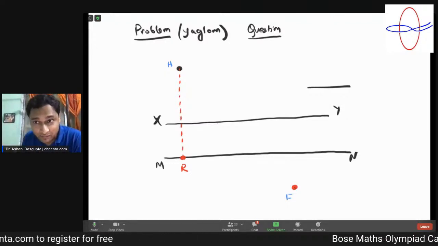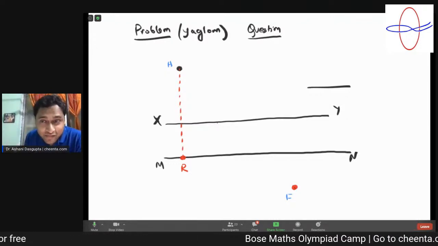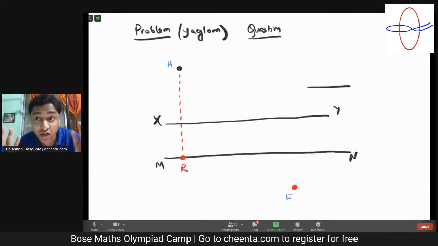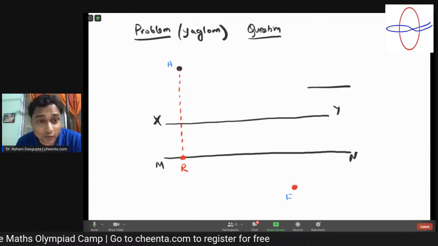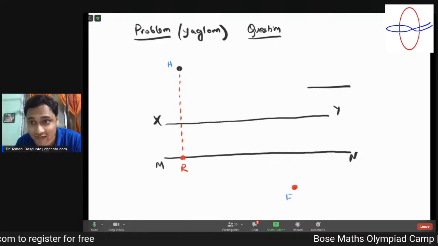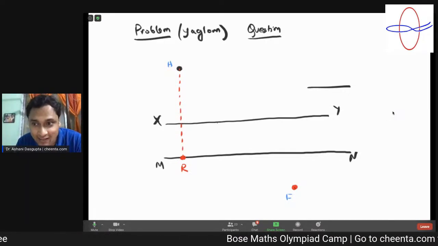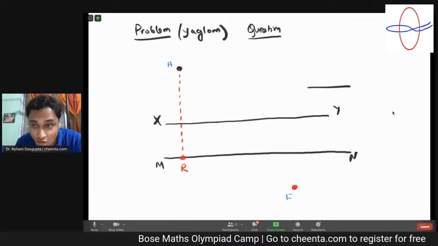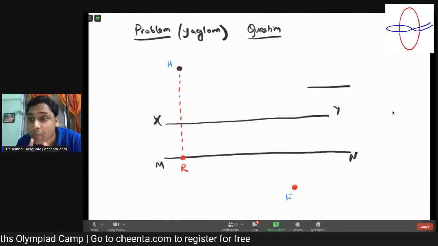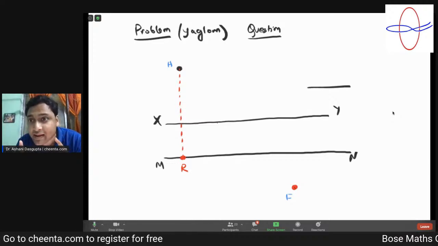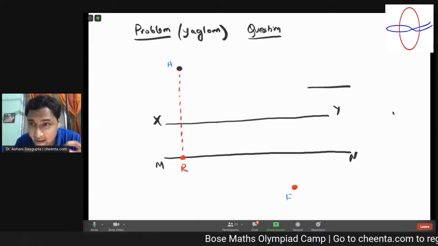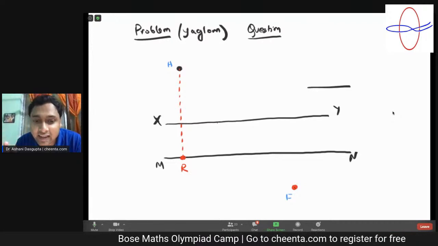It's a real problem, and this can be solved using a very simple notion of geometric transformation, which is translation. All of you today can solve this. You just have to think a little bit harder. Aniruddha has an idea: from the point H, drop a perpendicular on MN and call the foot of the perpendicular R maybe. What happens next? Anyone?